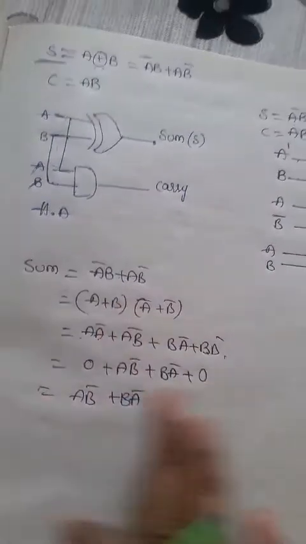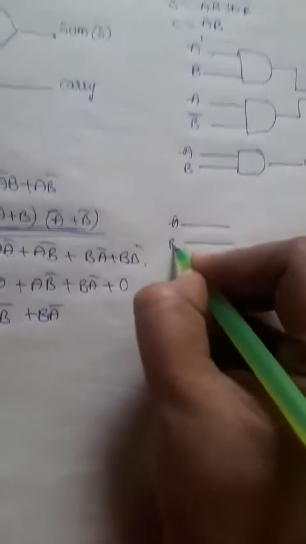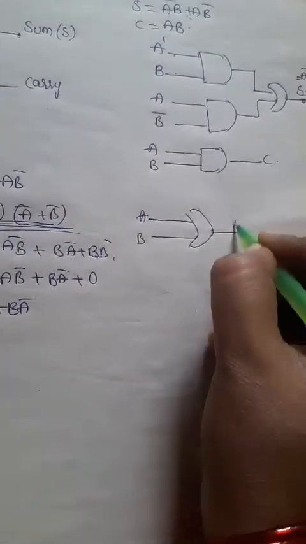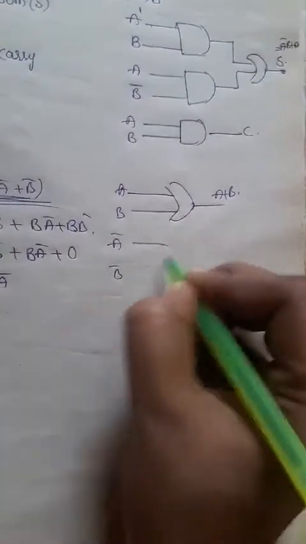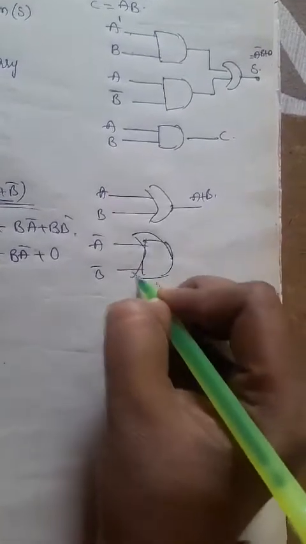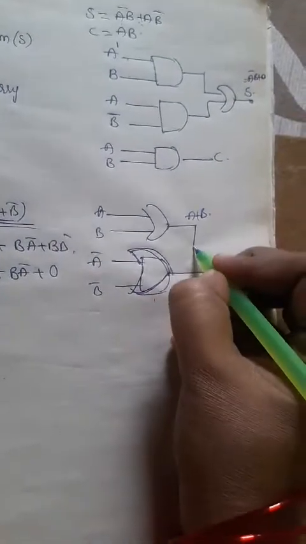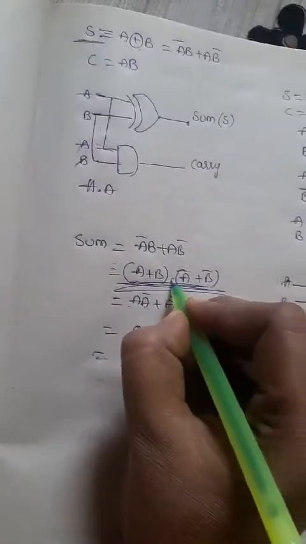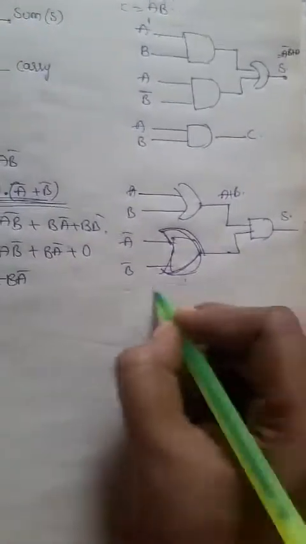So for this I can draw the logic diagram. For A and B, in between these two we will have the OR gate, right? So this is A plus B. And next, A complement and B complement. In between these two we will have the OR gate, plus operation, right? You need to choose the OR gate. Then by combining these two, which gate are we having in between? The dot operator. That means you need to take the AND gate. So this is the sum expression, and carry is again the same, that is A into B.